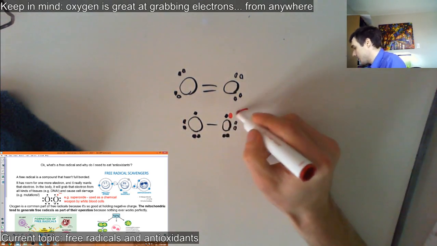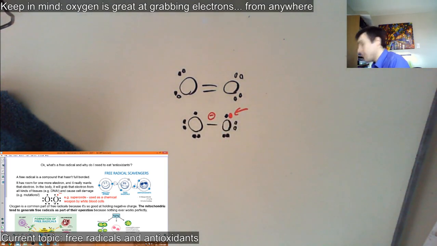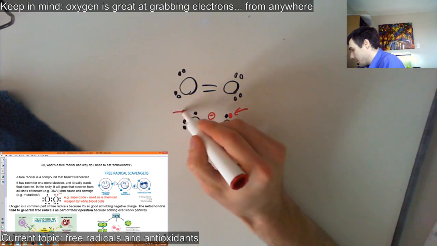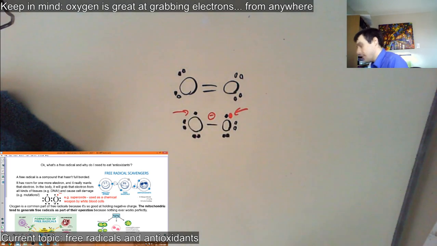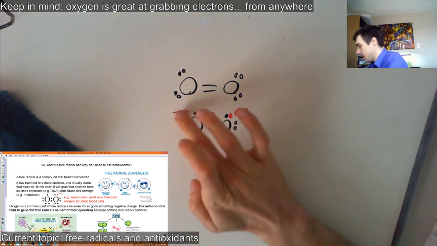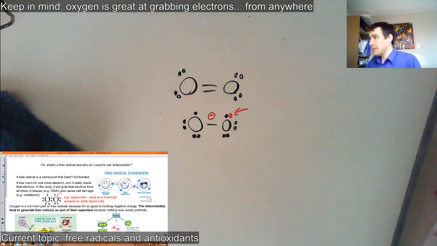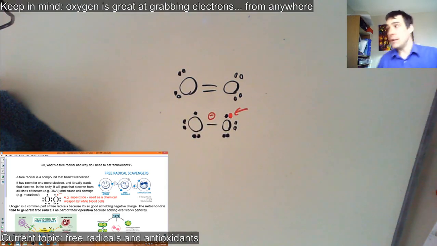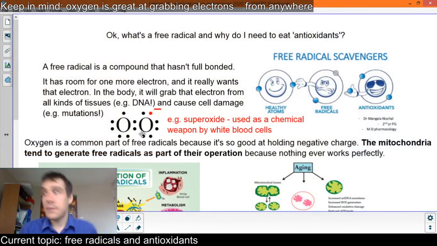Because that's an extra electron that's joined in, that thing's negative. It would be great if another electron joined in here, then you'd end up with a dioxide anion. This thing would love another electron, and that's why it oxidizes things. It's called superoxide. It's called a free radical